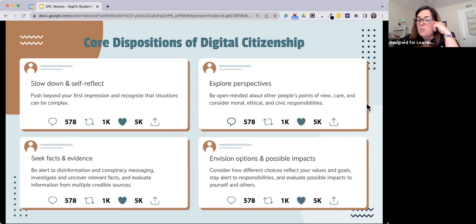Kind of like, what is that? There's an acronym about when you post something. Is it safe? Is it helpful? Do you know what I'm talking about?